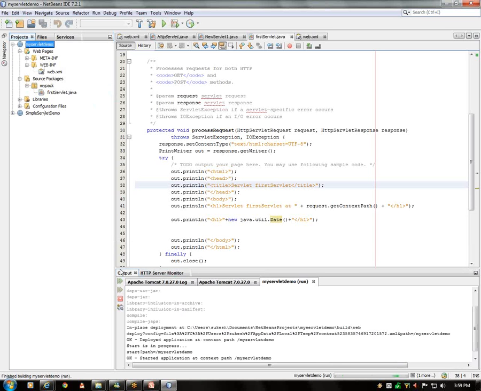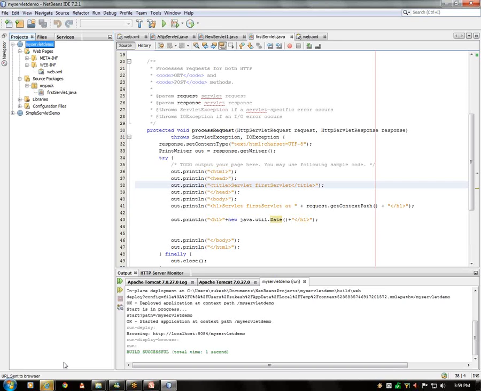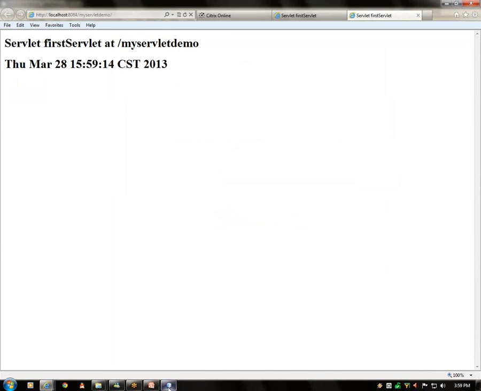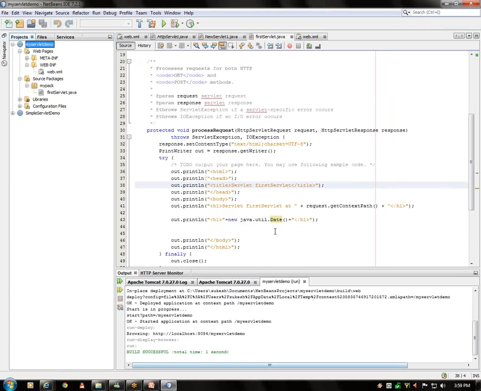So here you can see that I just try to add one object of the Date class, and I want to display it on my servlet. One thing here, you noticed that whenever I want to add HTML inside my servlet, I have to write that inside the